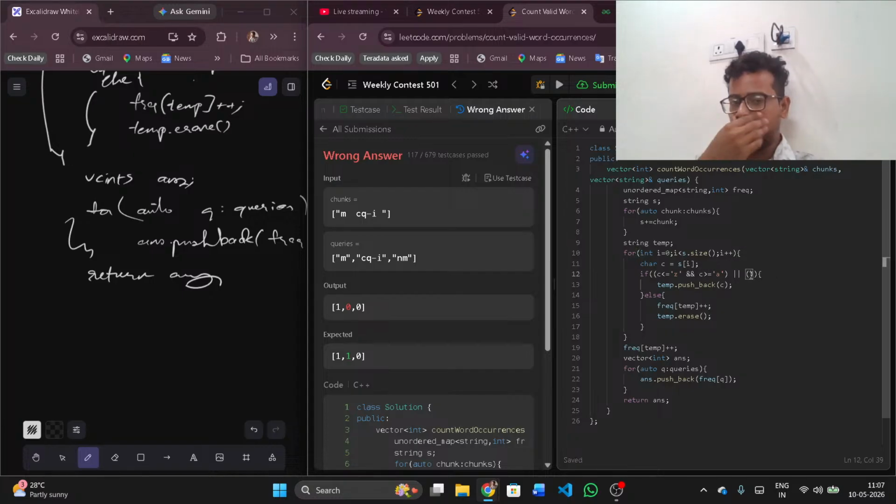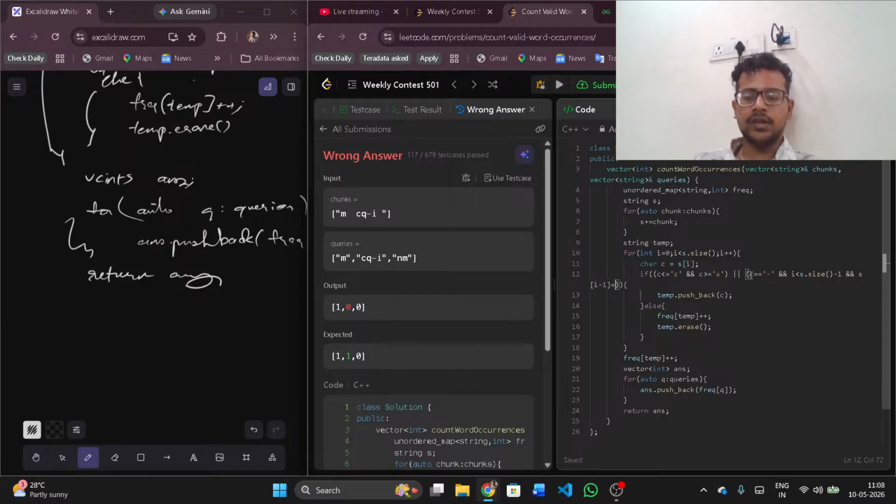Now, if we have C is equal to hyphen and I is less than S dot size minus 1, and S of I minus 1 is not less than or equal to Z, and S of I minus 1 is greater than or equal to A, and